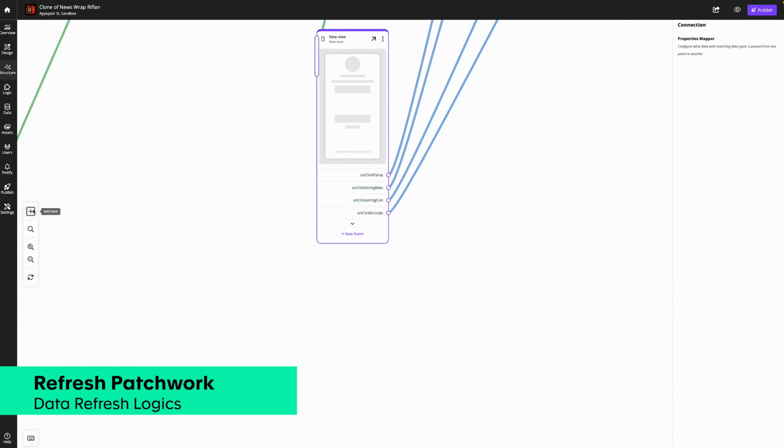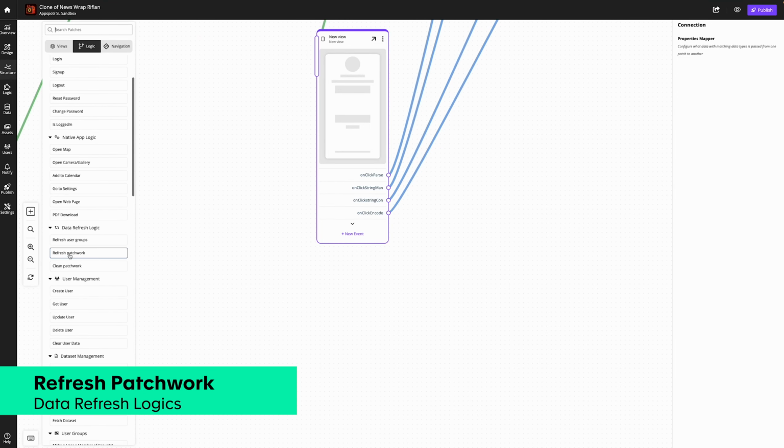Welcome to Appspotr Academy. In this tutorial, we'll explore the Refresh Patchwork logic block, a key feature for re-rendering your